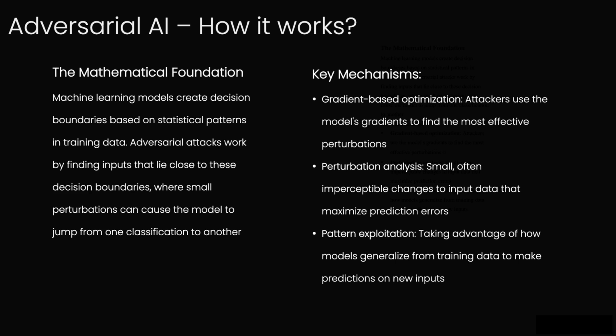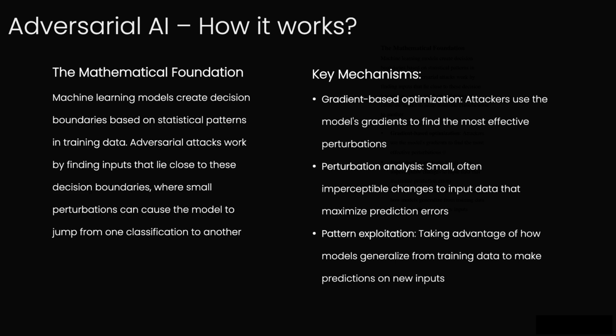So how do attackers actually find those perfect little nudges? How do they engineer them? It's not random guessing. They use some pretty clever techniques. One major one is gradient-based optimization. Okay, gradients, like the slope in math class. Sort of, yeah. The model uses gradients internally to adjust itself towards the right answer. Attackers can actually use these same gradients to figure out which tiny changes to the input will have the biggest effect in confusing the model. They essentially use the model's own learning signals against it. Wow, turning its own tools against it.